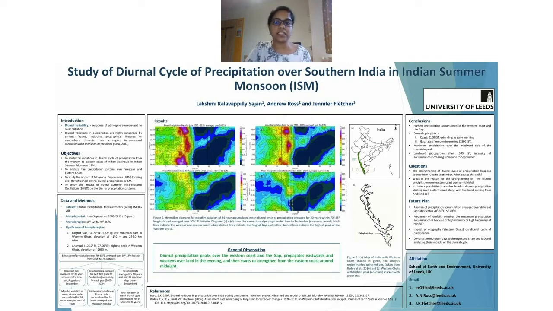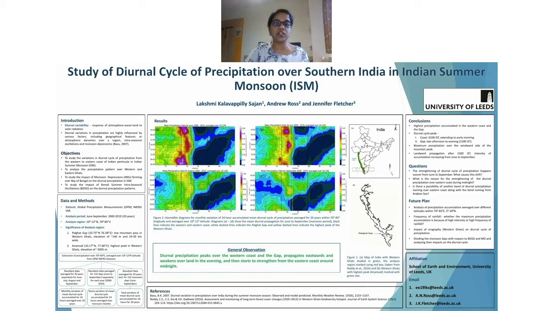The precipitation data is taken from the GPM IMERG version 6 data sets from June to September, which are the typical monsoon months. The analysis is done for 20 years, from 2000 to 2019. I have constructed Hovmöller diagrams, which are averaged over 20 years and accumulated within 24 hours. The data is averaged over latitude to see the propagation of the diurnal cycle along longitude, which is shown in figure 2.